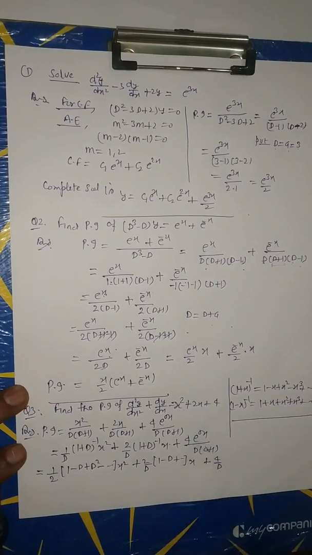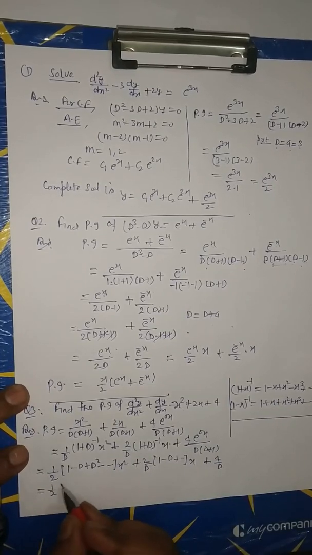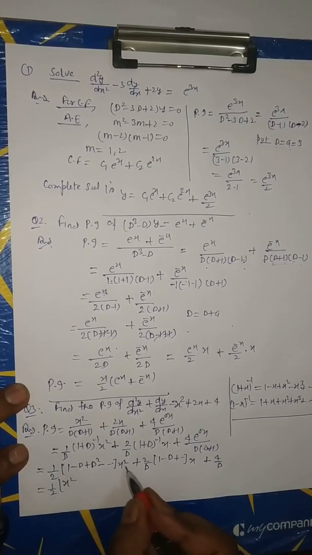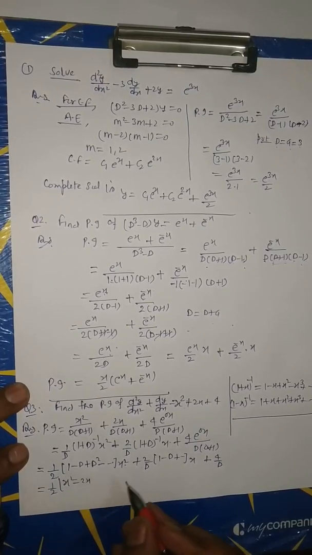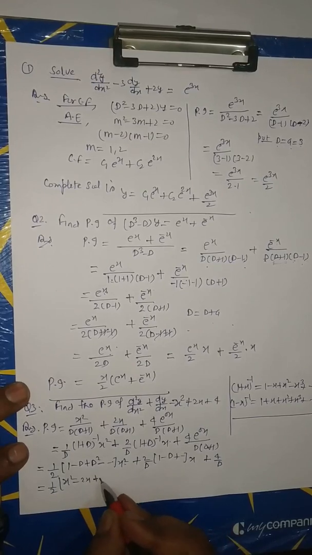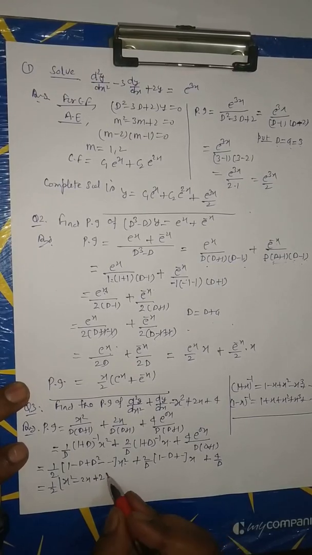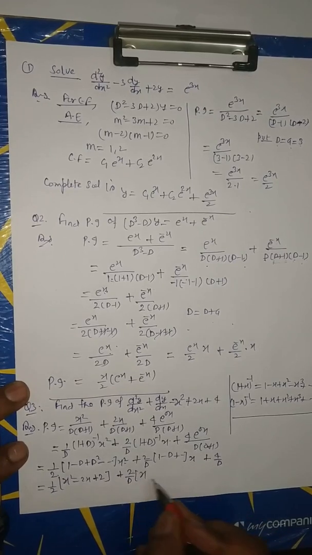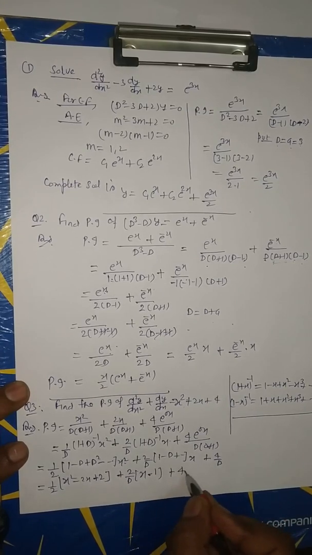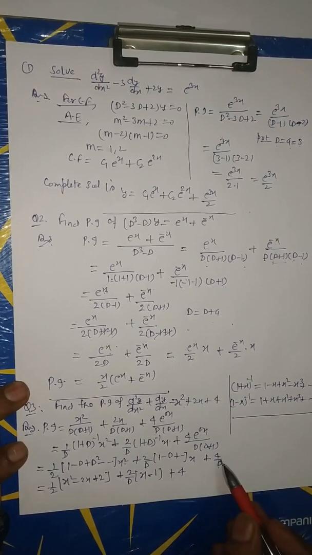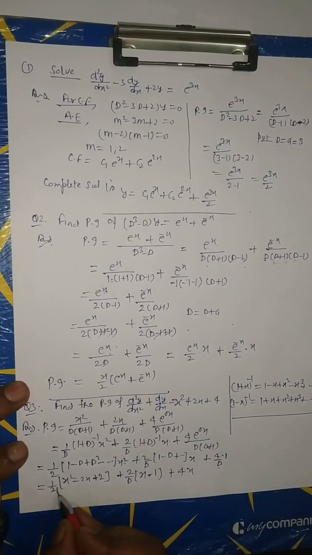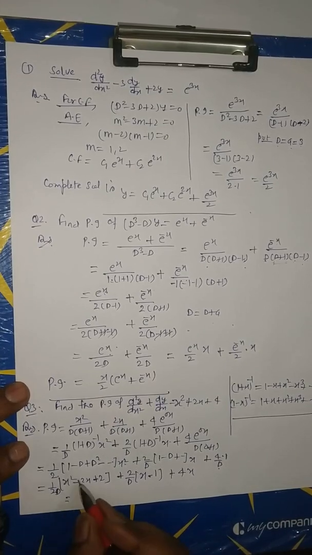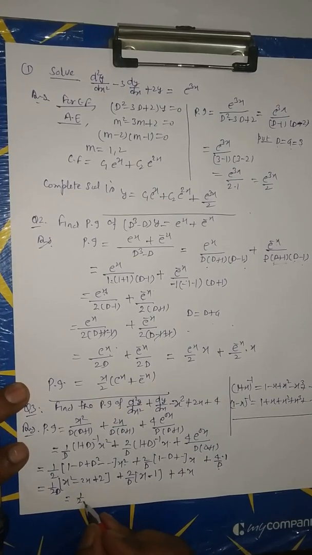Now e to the power 0x is equal to 1. This is equal to 1 upon 2 x square as it. Now differentiate of this is equal to 2x. Now d square operate x square, we get 2 and higher order will be 0, plus 2 upon d as it. Now 1 into x and d into x, we get 1 plus 4. Now d integrate 1, that is we get x. Now integrate above 1 upon 2 as it,